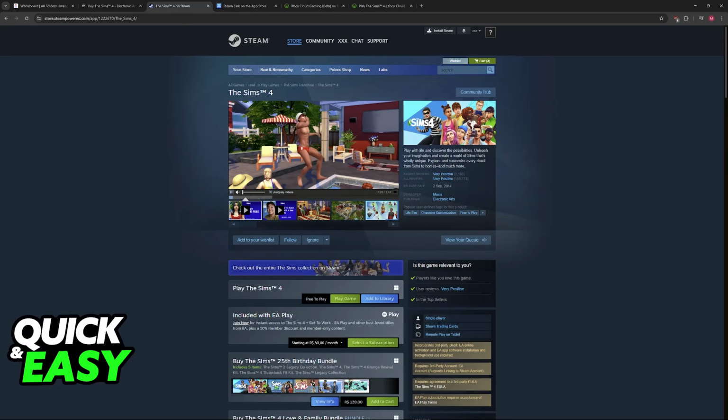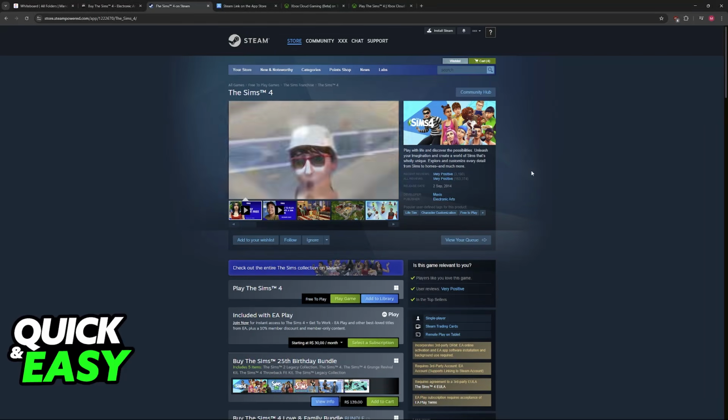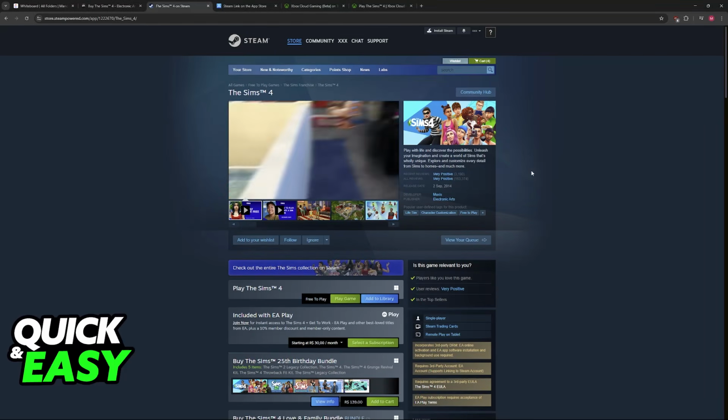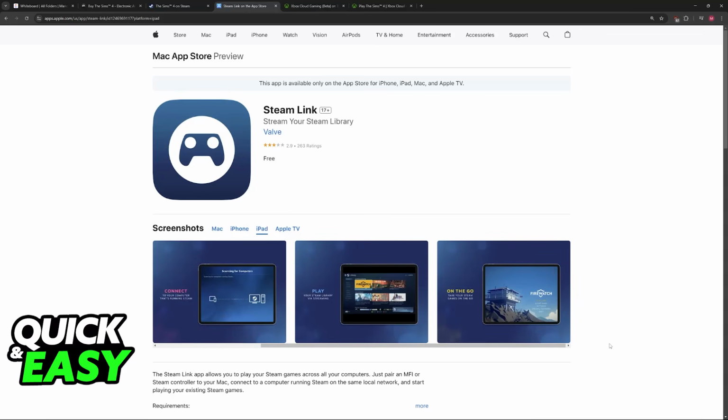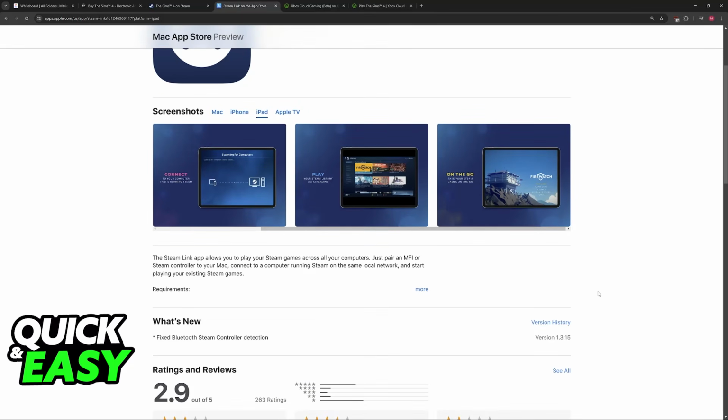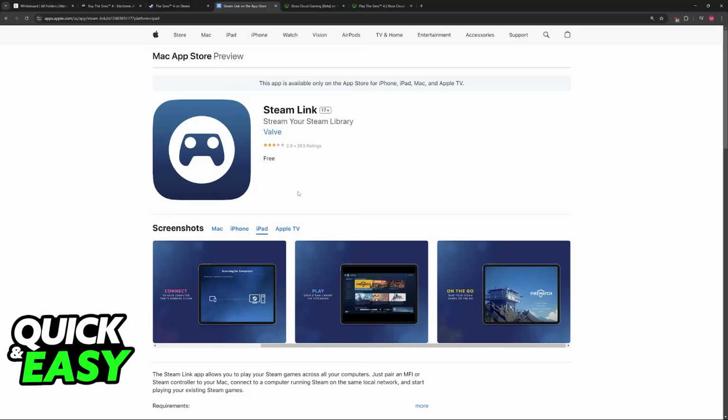For the first method, this will work if you are running The Sims 4 through Steam. What you can do is run The Sims 4 through Steam on your PC and download Steam Link on your iPad. As the name suggests, Steam Link will bridge the connection of your PC to your mobile device, and this allows you to play anything on your library, or you can run the game on your PC and then stream it over. Like I said, you will need to be streaming the game, so you need to be in close proximity. Your PC or Mac needs to be turned on running The Sims 4, and you need to have a